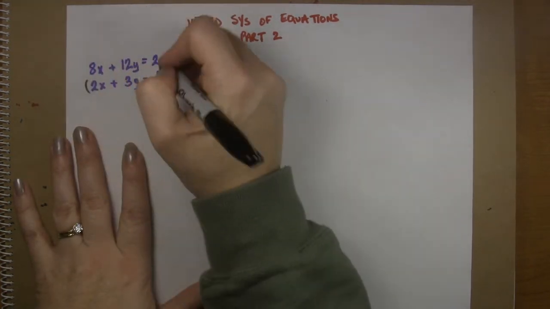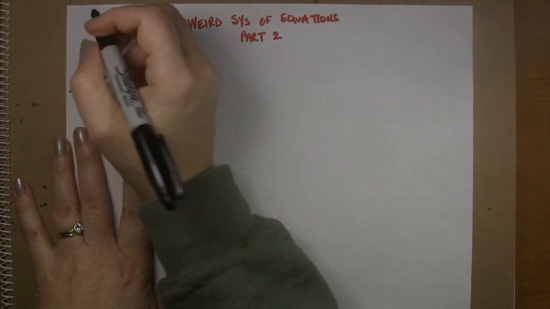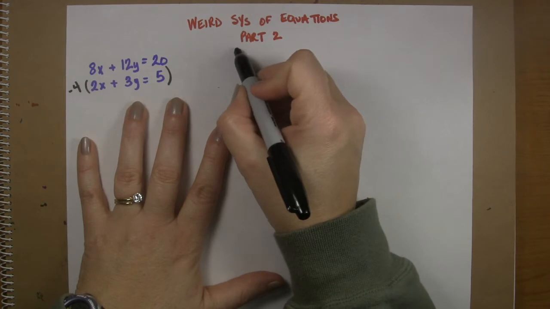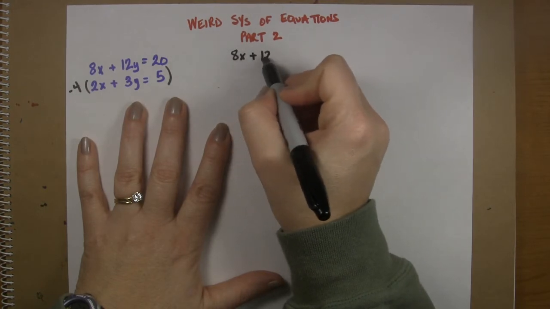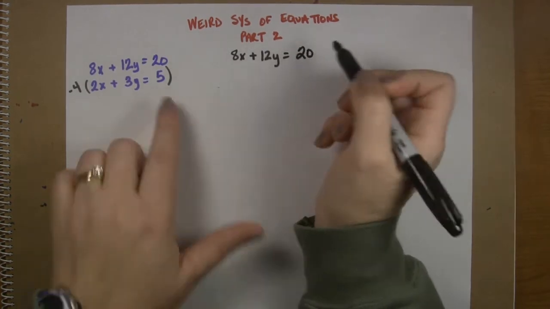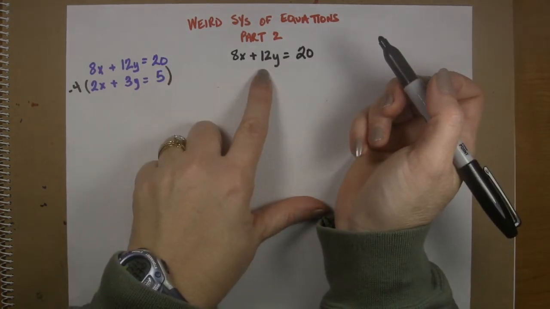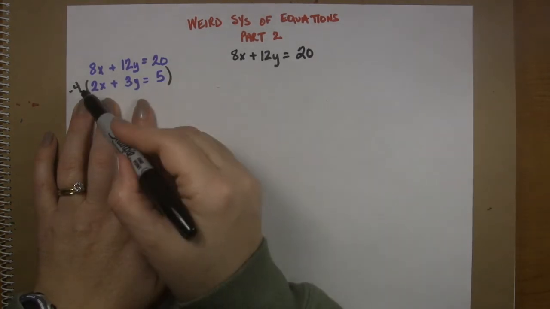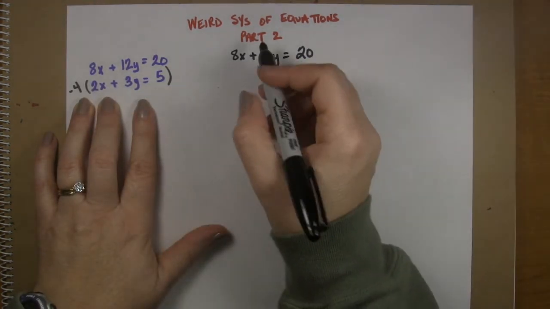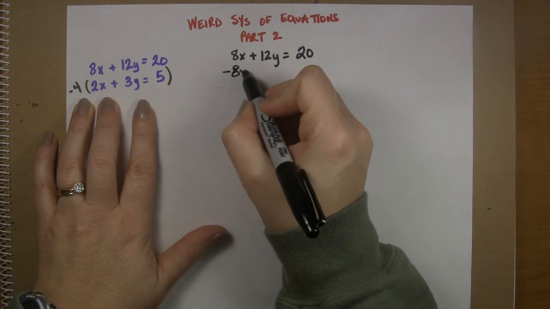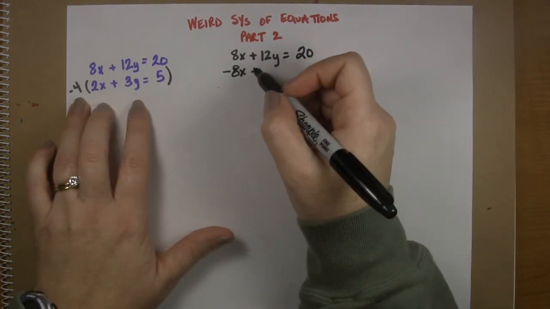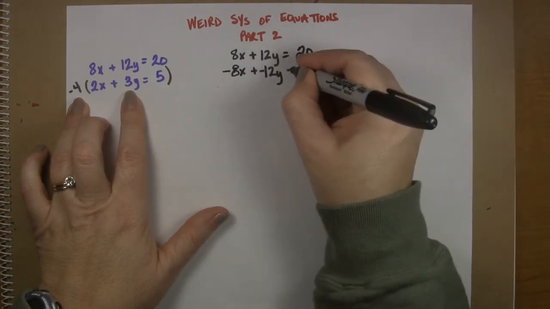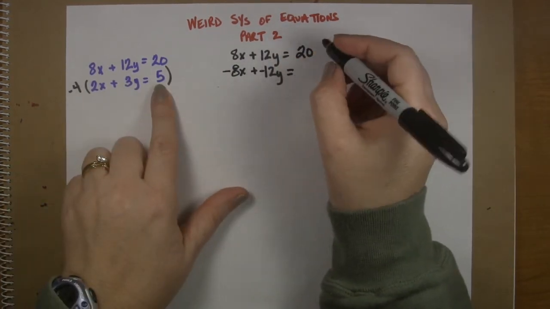And so in order to do that, I'm going to take the whole thing and multiply by negative 4. So then that gives me 8x plus 12y equals 20. That's just the first equation. I'm just recopying it. I'm not making any changes to it. And then this second equation, I'm going to multiply the whole thing by negative 4. So we'll get negative 8x plus negative 4 times 3y gives us negative 12y equals negative 4 times positive 5